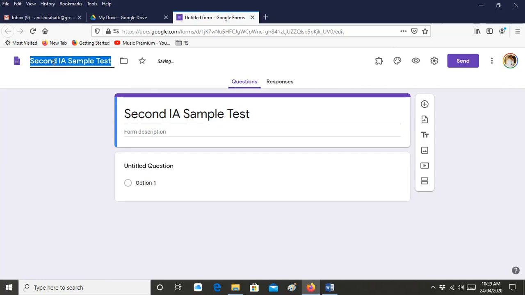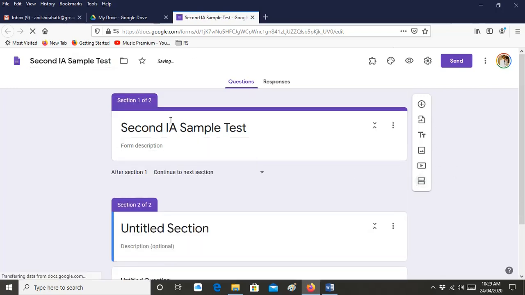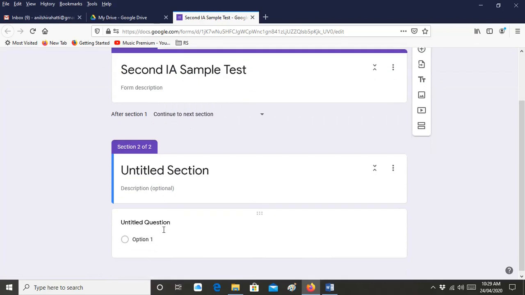Okay, so the same thing has appeared here. Now what I'm doing is we will make it into 3 sections. Okay, so why sections are needed, you will come to know now. So here if you go down, there is an option called add section. Okay, so see, this is the first section, this is the second section.